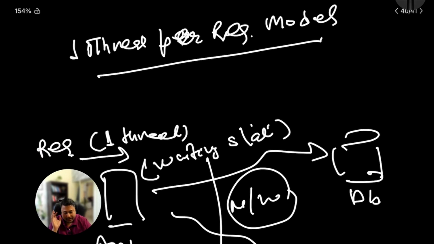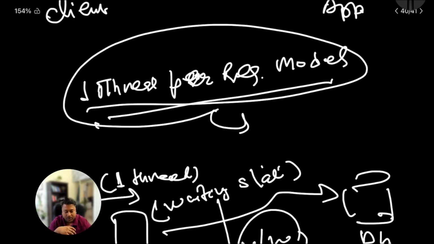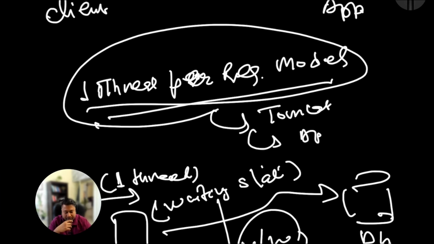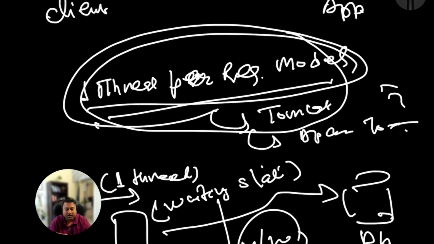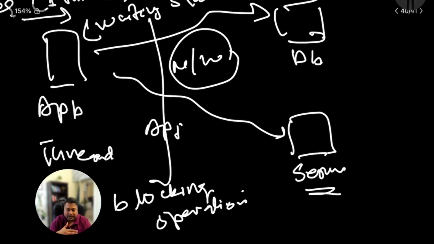So now, we also understood that in the one-thread-per-request model, on which your Tomcat application server and Apache Tomcat web server work, all these different kinds of web servers and application servers work on this model. This model basically means that a particular thread will be in the blocked state until it gets the response back, right? Now then comes non-blocking IO,